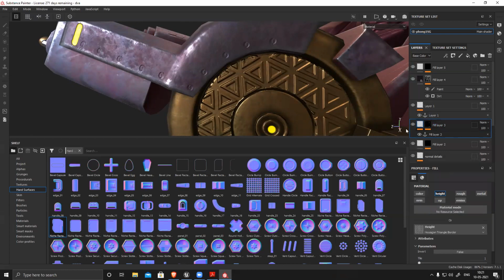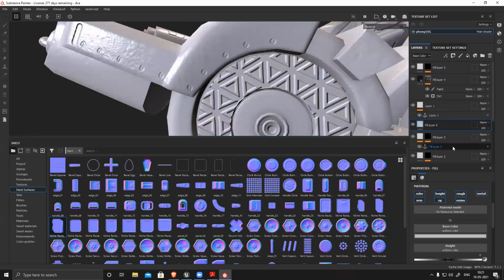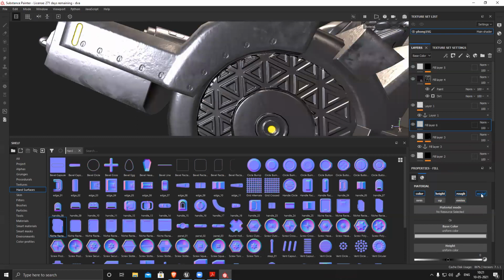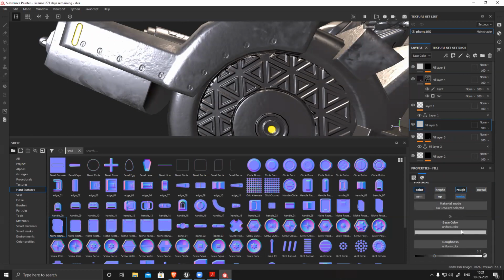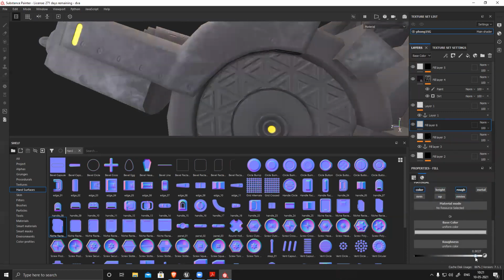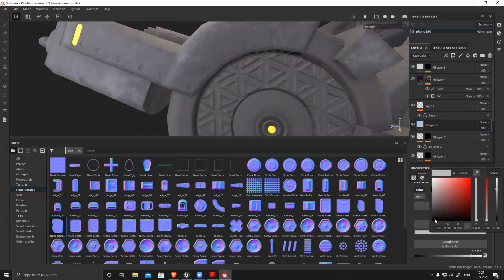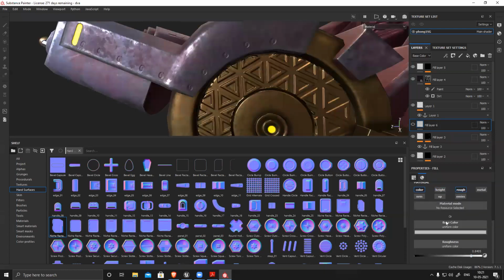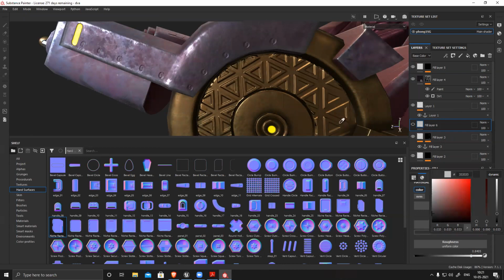Now on top of this, I can create another layer, a fill layer. Metal is not required. Roughness, color, and height. I'll keep roughness. I'll make it a little rough, matte, and the color will be the same golden color but a little dark.